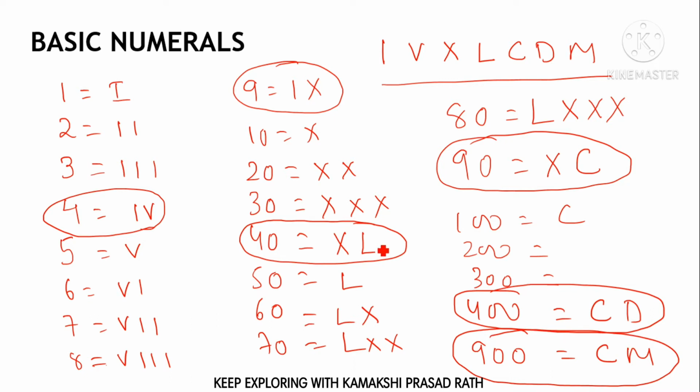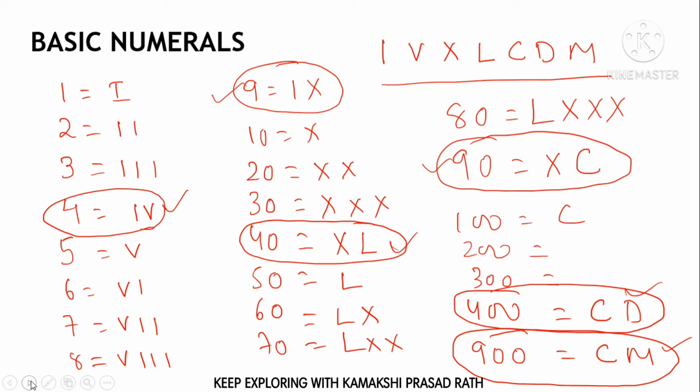So already we have discussed these small-big groups that we have to remember always. That is 4, 9, 40, 90, 400, 900. These are the 6 small-big groups we will be using. These are the only 6 where we do subtraction. Rest all we do addition only. Everywhere else we will find big to small, but these are the 6 ways where we will get small to big.